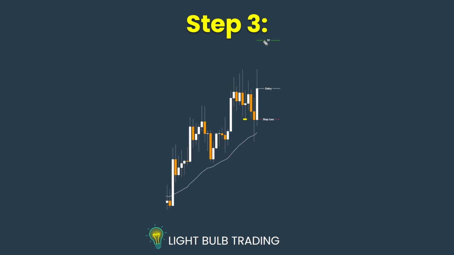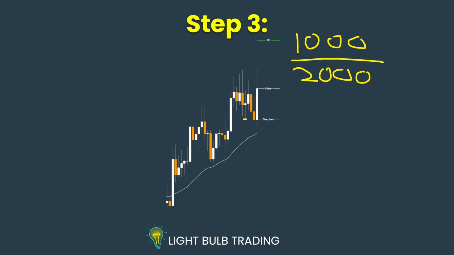Your first target is going to be a 1 to 2 risk to reward ratio. So if we risk $1,000, once we're up $2,000, we are going to exit our position and walk away with a very nice profit. And just like that, we have a clean, high probability framework that works in